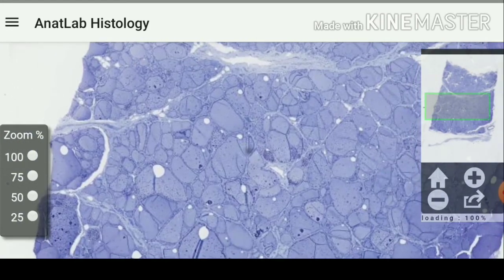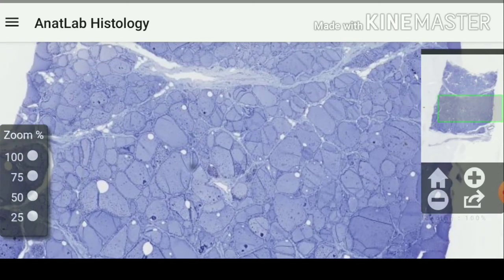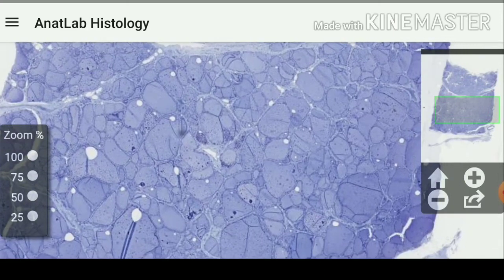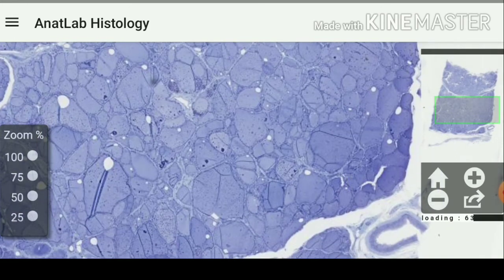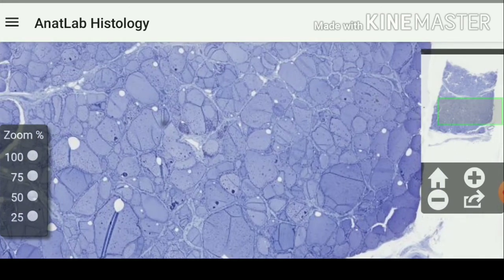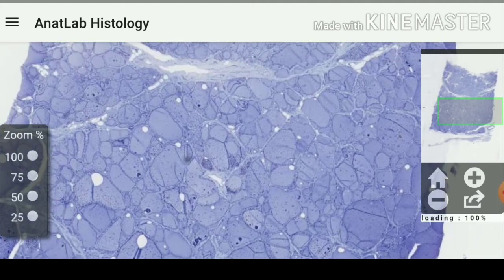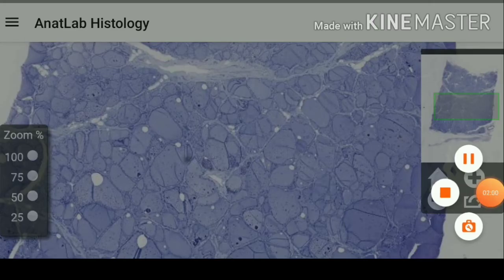It may be the follicular epithelium, or near the follicular epithelium it may be the C cells of the thyroid gland. So you must fix in your mind that whenever you see such an image, centrally filled with colloid and surrounded by a layer of epithelial cells, you must think about the thyroid gland. So if I zoom the thyroid gland